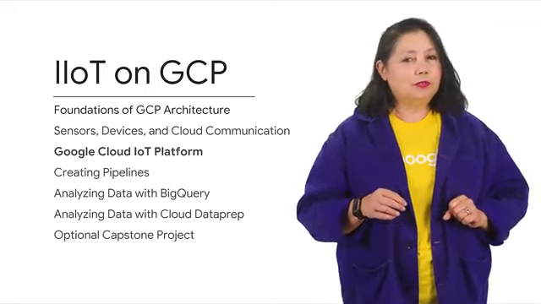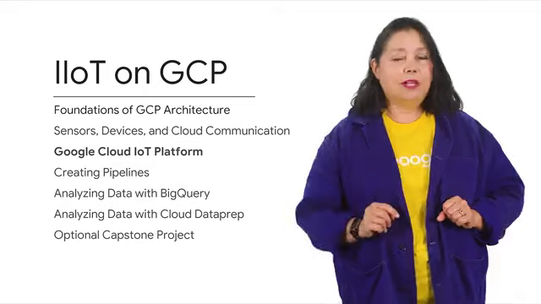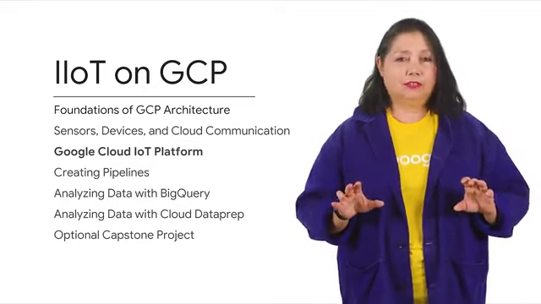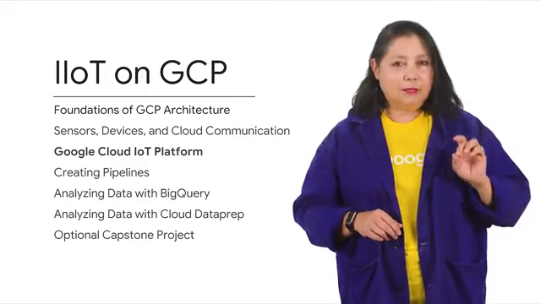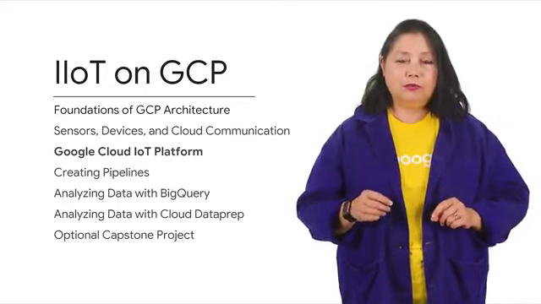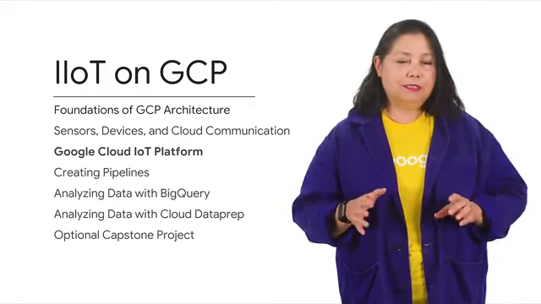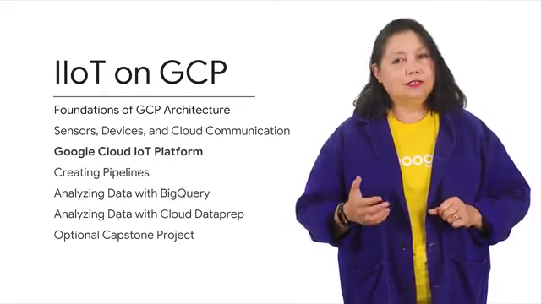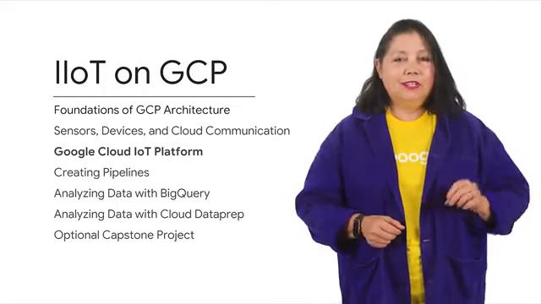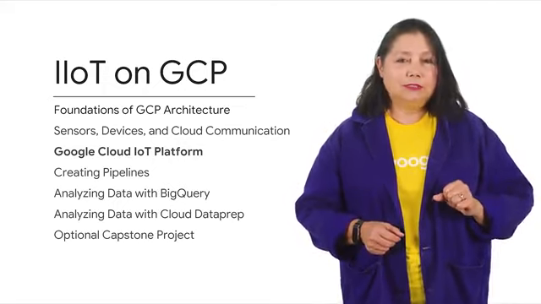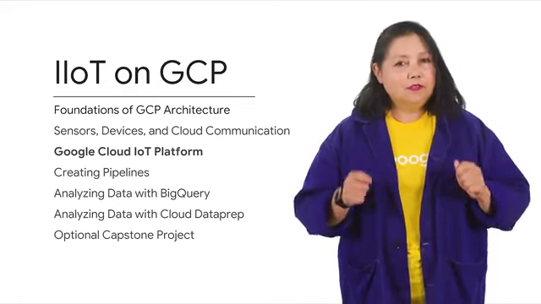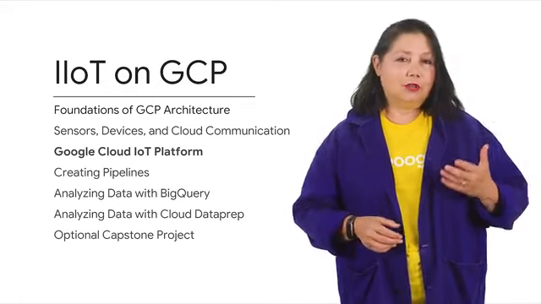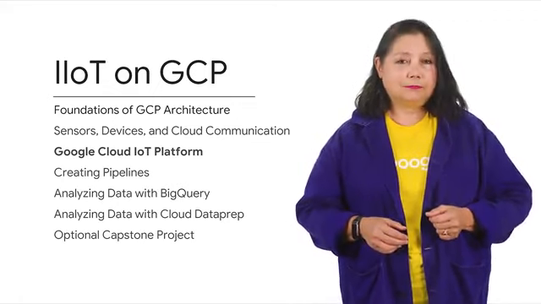The third module, Google Cloud IoT Platform, covers the ingest and process stages of IoT architecture. Data ingesting and processing are accomplished using Google's fully integrated services known as Cloud IoT Core, Cloud PubSub, Cloud Storage, and Cloud Dataflow. You do a mini lab for each of the services discussed in this module. This reinforces the concepts just learned and allows you to practice using Google Cloud Platform Console.